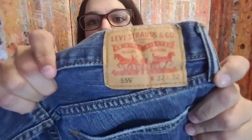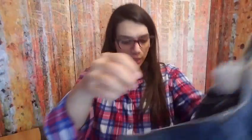And then these, which ones were these? They're the 559s. Okay, these are Levi 559s, and they're size 32 by 32. And they're just a really nice jean. They're not really distressed. They're not really faded. They're just a good looking jean. There's a little bit of distressing at the bottom because they were cut, and of course I indicated that